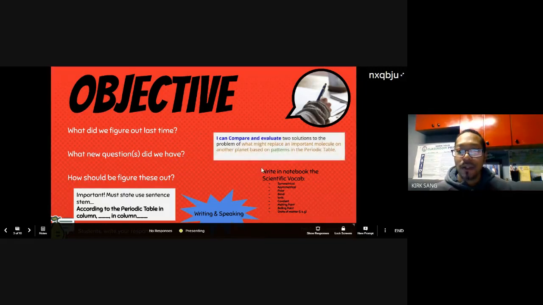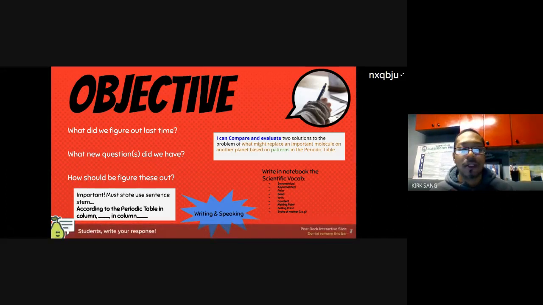Go ahead and also write the vocabulary in your notebook, and start to respond to your I can statement. Identify the most important things in your Peer Deck. I'm going to call upon a number of people. Make sure your backgrounds are free and ready. Cynthia, could you state the first vocab term that you have written in your notebook? The first vocab term. All right, Cynthia going once, twice.